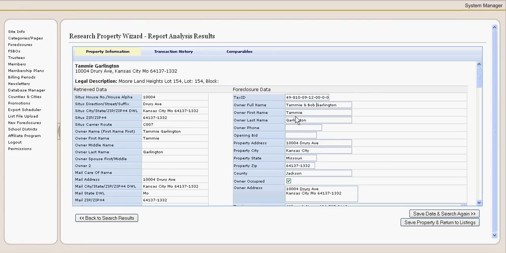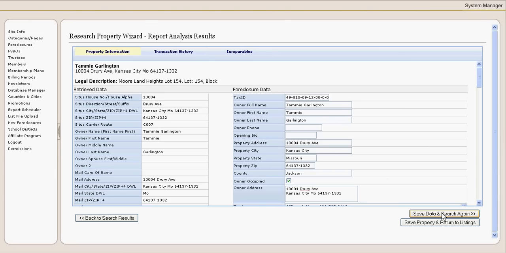We would leave the first and last name section alone. All we want to do is have one person's name, first name, and one person's last name in those fields. But we want to make sure on the full name that Bob is included, if Bob's name was there. But Bob is not, there is no other name there, so this is correct. So since it's correct,